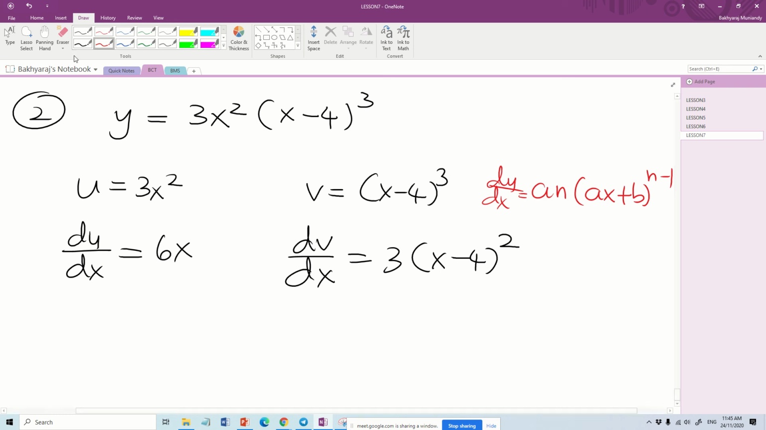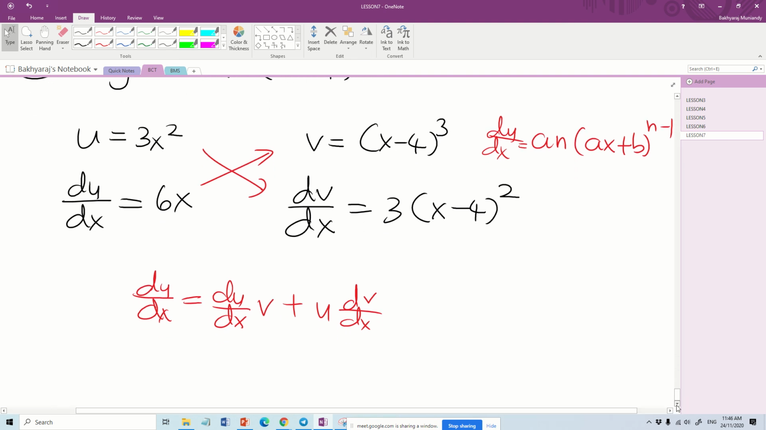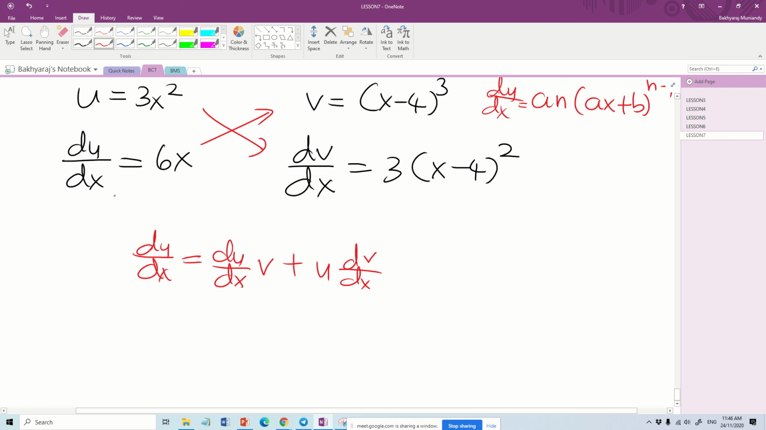Okay, kita dapat ni. So next I continue with, okay, dy/dx equals du/dx times v plus u times dv/dx. Okay, put everything into the formula. So ini darab sidang lah. So darab sidang dia akan jadi, okay, dia akan jadi dy/dx will be equal,